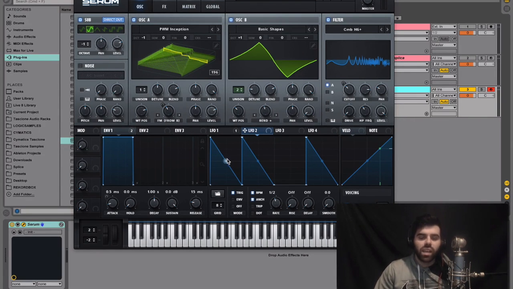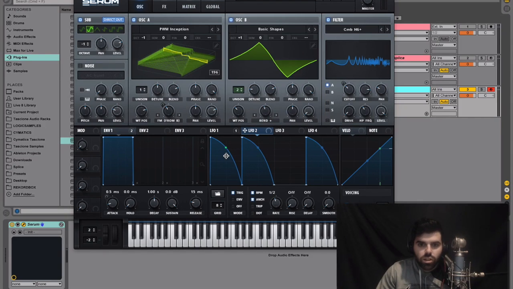So after that, we're going to give it a little curve. I used to go in one by one and adjust these curves, but if you hold Alt and select these, you can drag them all up at the exact same rate. So we're going to drag it to right around there.